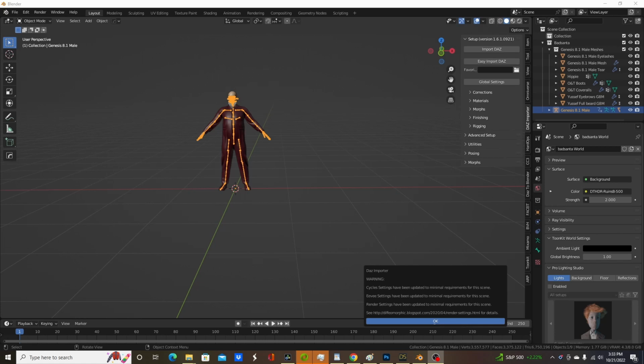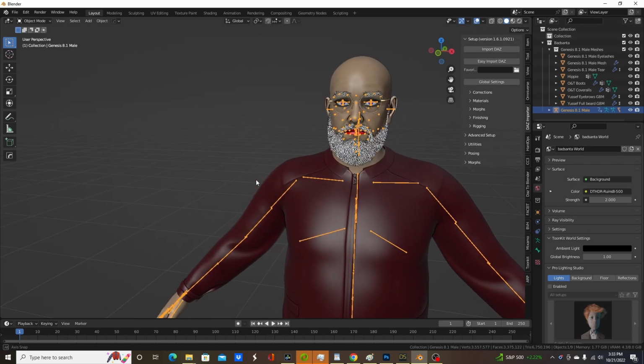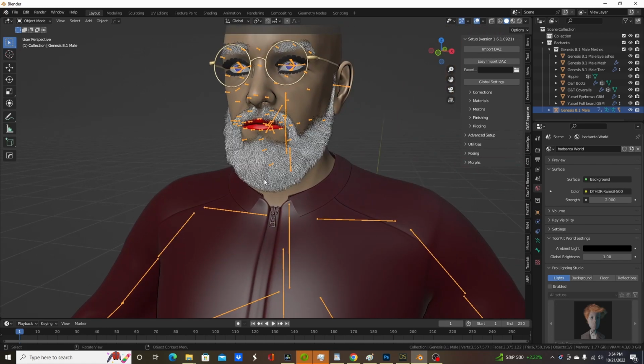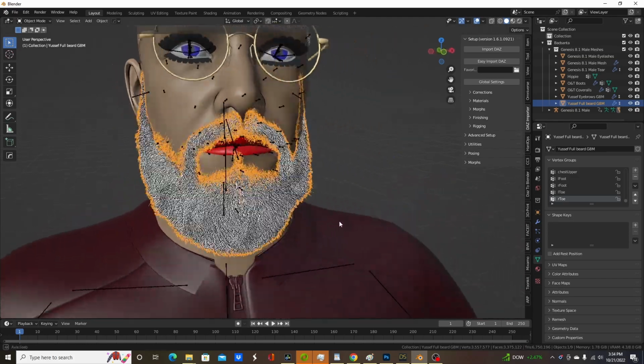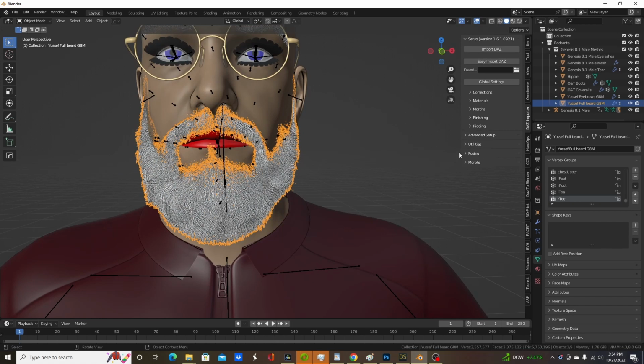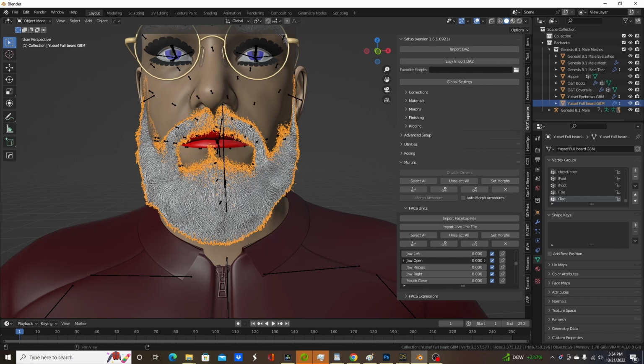Alright, we are back. Our character has imported. Again, this is a Genesis 8.1 male, and that is somewhat important because I want to show what's going on with the beard. Let's click on the beard, and I want to make sure that what I expected to happen has happened, and we don't have any shape key data for the beard. So if we go under morphs, and let's say go under FACS units, and we'll go to something like the jaw. Let me expand this out a little bit so we can see the names. If I do jaw open,